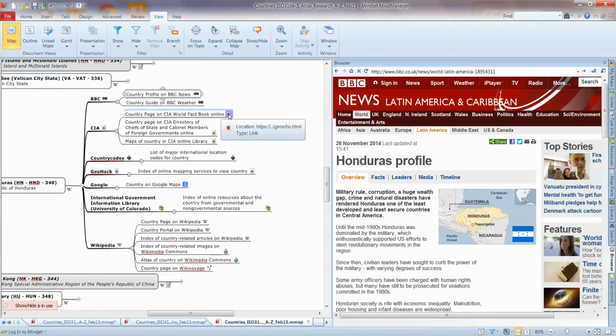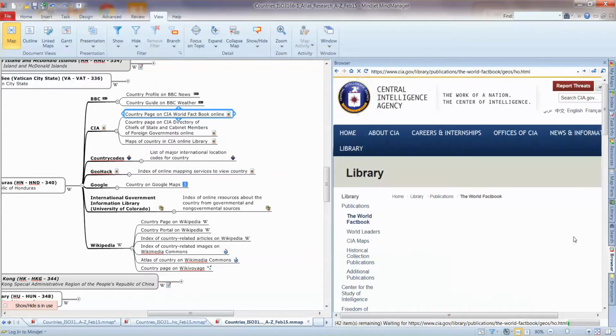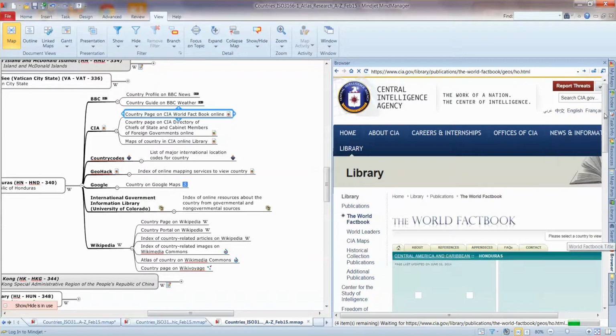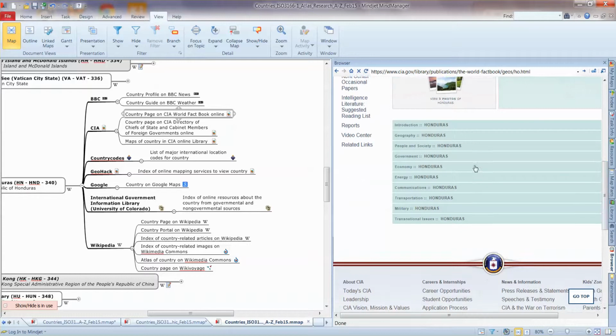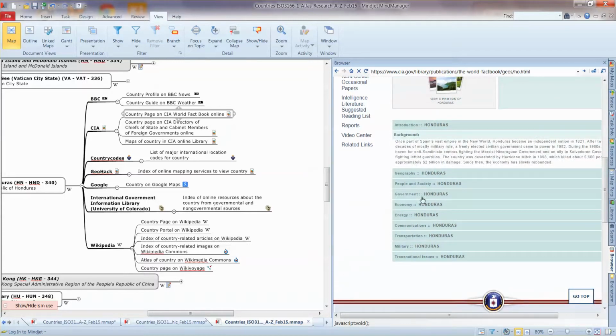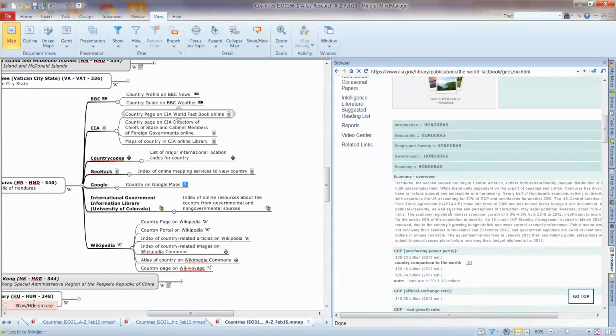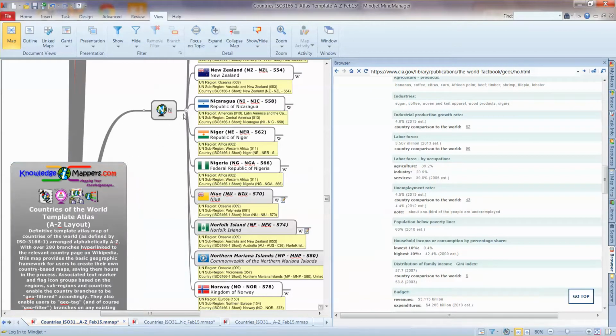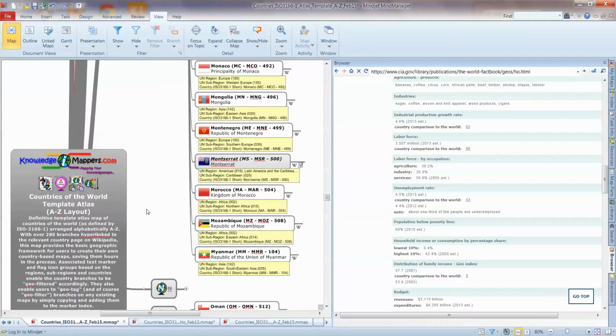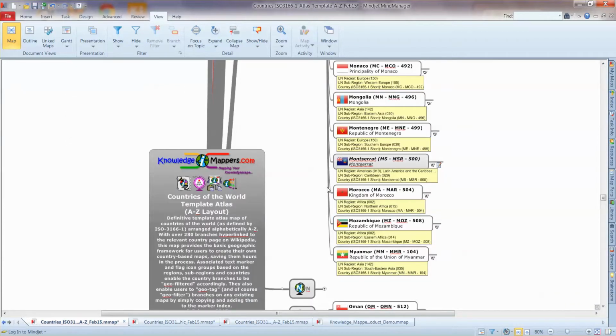And also another very good one is the CIA World Factbook, which has got a lot of information, including economic statistics. So these would be, I could use these in conjunction, complementary to our A to Z layout we have here. So that concludes this demonstration of the Countries of the World A to Z Template Atlas,